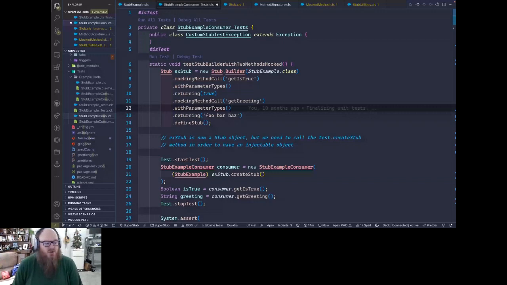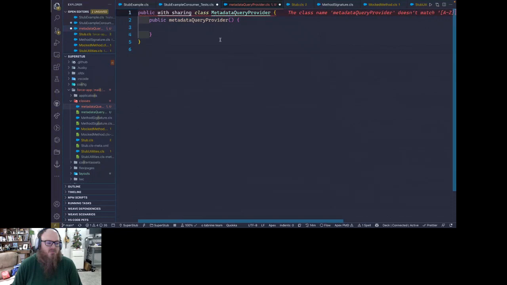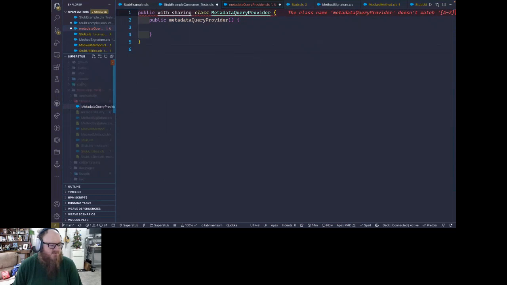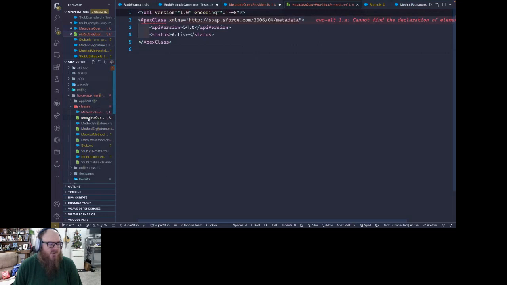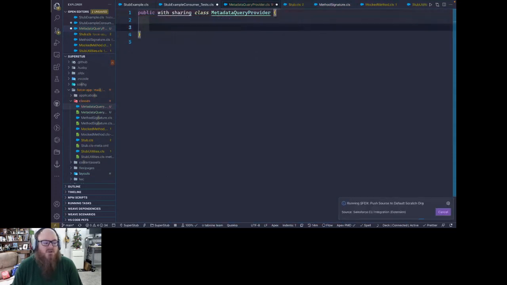I have mine set to be very picky about names. So let me fix this that I don't have the capitalized M. Okay. So we've got a metadata query provider, and this method is going to have a public